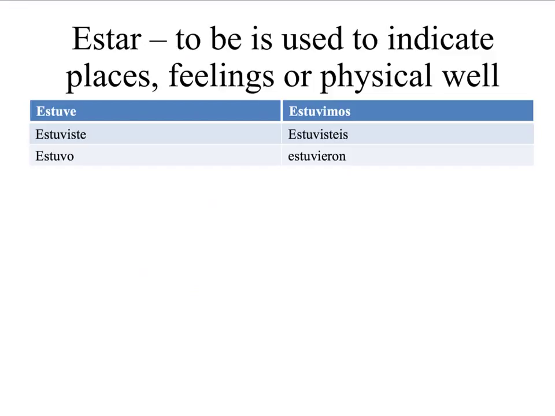So first, let's take a look at estar. And remember, estar is used to indicate places, feelings, or physical well-being. And estuve, estuviste, estuvo, estuvimos, estuvisteis, y estuvieron. For example, if I want to say I was in the party yesterday, I will say